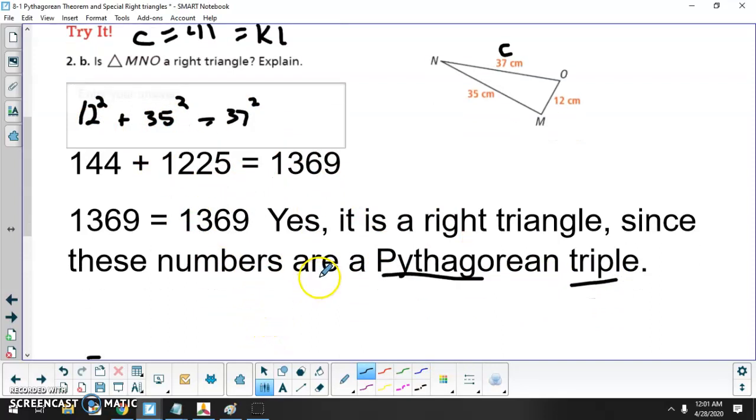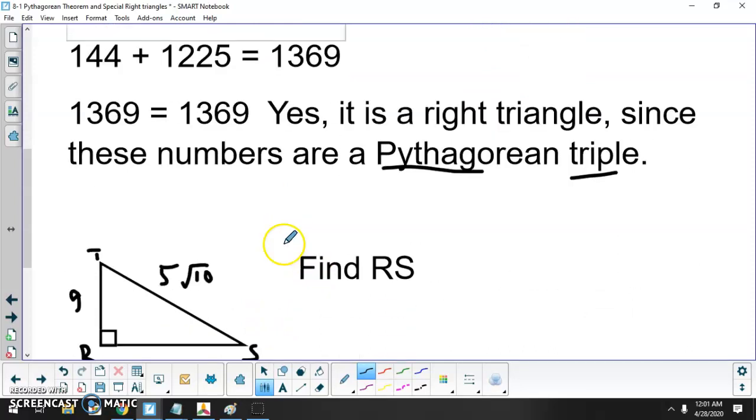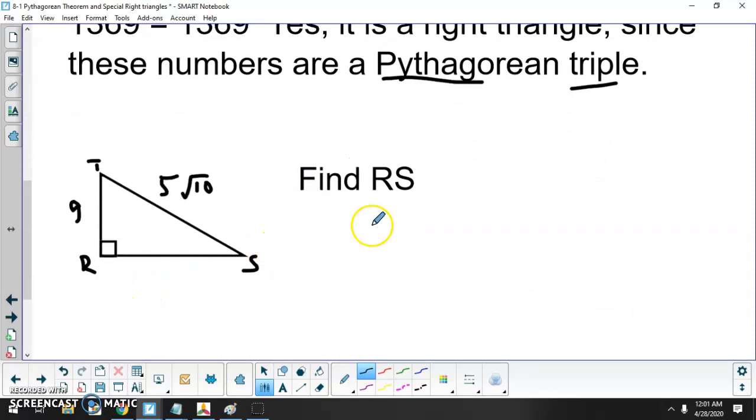All right, real quick, we're going to do one more that might be a little bit more challenging here. We are trying to find RS. Okay, so is RS a, b, or c? Well, it's either a or b, okay, because we know the hypotenuse is TS. So let's go ahead and call RS a. So we have a squared plus 9 squared equals, all right, 5 times the square root of 10, and this is squared. Now that's a little bit tricky, okay, so my a and my 9 look kind of similar, so I apologize for that. So a squared